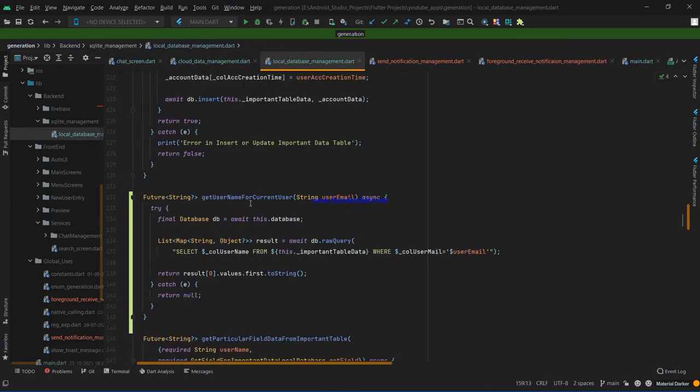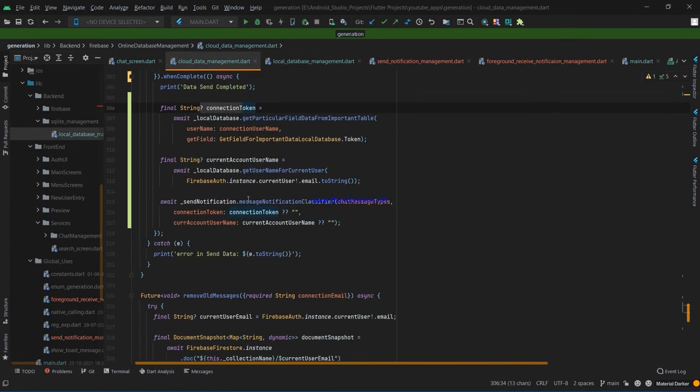Through that we get the current account username, and if that value is null, the current account username will be passed as an empty string. Okay, so that's all about the code.